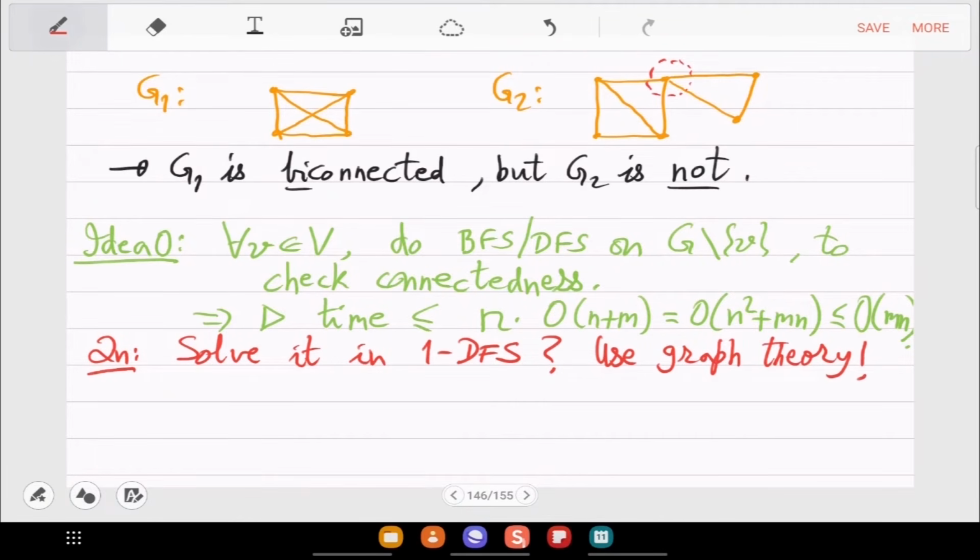Okay, this is not just simple DFS analysis, but you have to be conversant with property graph theory, which is obviously related to that weak point. That point is called an articulation point. What we want to do is, in a single DFS or constantly many DFS, find all the articulation points. Not just one, but all possible articulation points will be found. So let us work with that. Let us study properties of that.